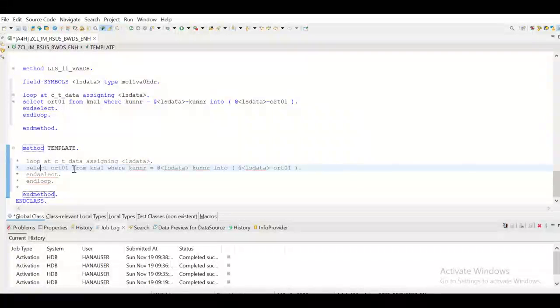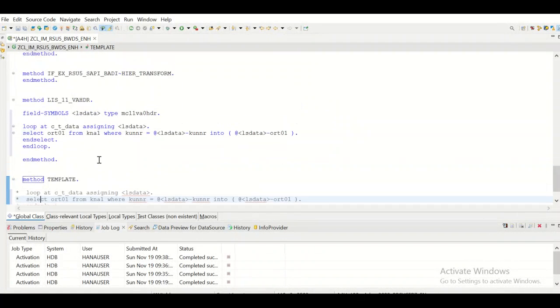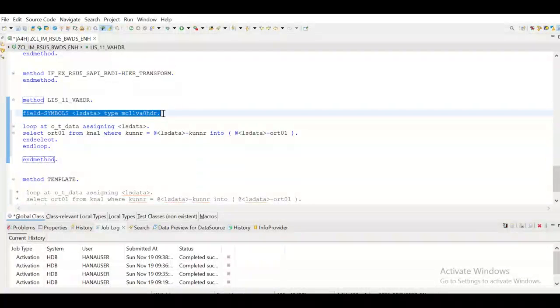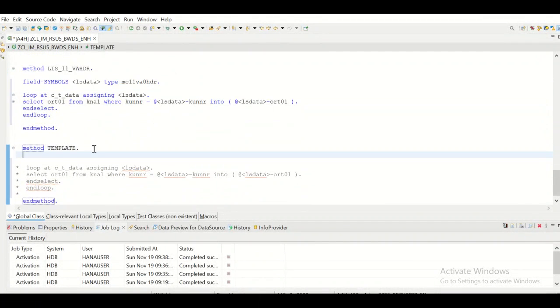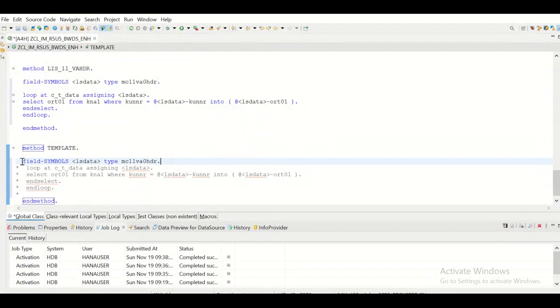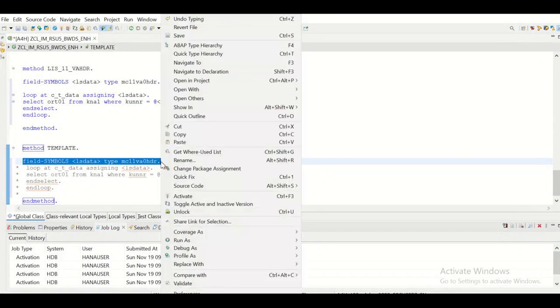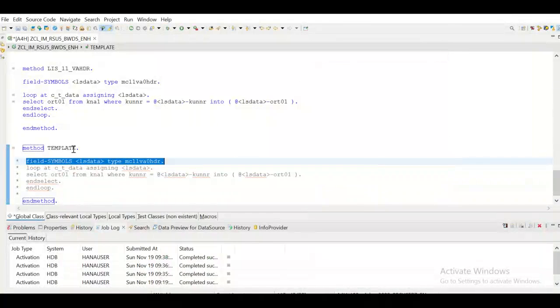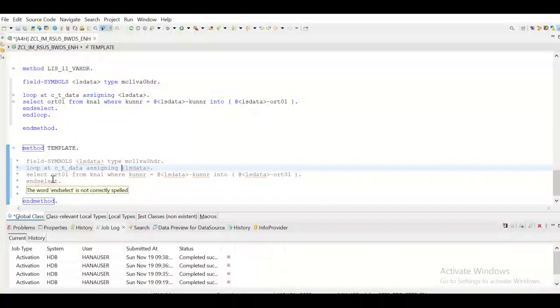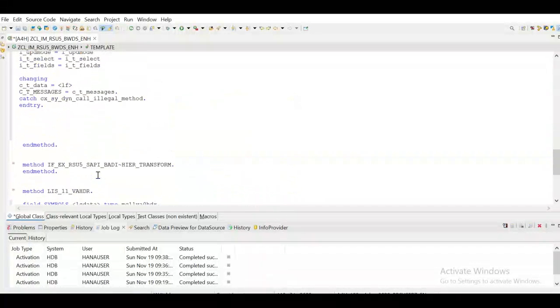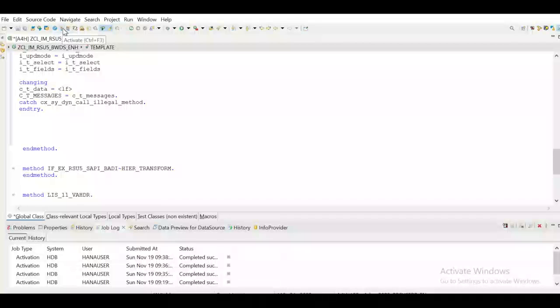And next time if somebody wants to use this method, they can also, we'll add this also, add that also. So next time if somebody wants to enhance, they don't have to write a code from scratch. Code will be there already. All they have to do is just make changes in this code, maybe the key fields and other things, and execute it. So now if we activate the class,